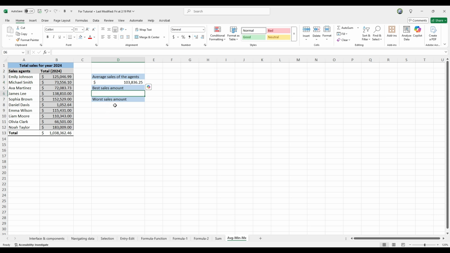So the next function is about finding the best sales amount and who is the best sales agent. So for that we have to use the max function. So pressing the keyboard equal sign, max. So max function, selecting the range from B3 until B12, pressing the enter button. So now we find the best sales amount, which is